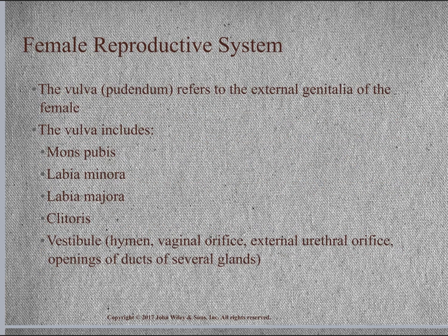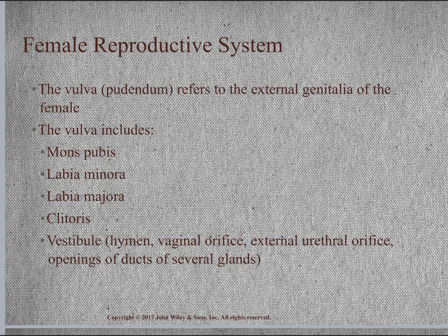Now that we've finished the majority of our internal anatomy, let's look at some external anatomy. We have pointed this out at one of our previous slides in our first part of this reproductive system lecture. So let's look at the vulva. This is going to refer to all external genitalia. For the female, the vulva is going to include the mons pubis, the labia minora, the labia majora, the clitoris, and the vestibule. The vestibule includes the hymen, the vaginal orifice, the external urethral orifice, and openings of ducts of